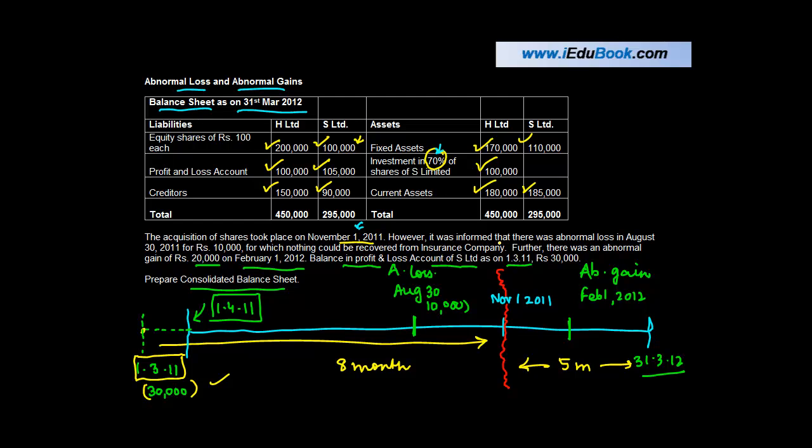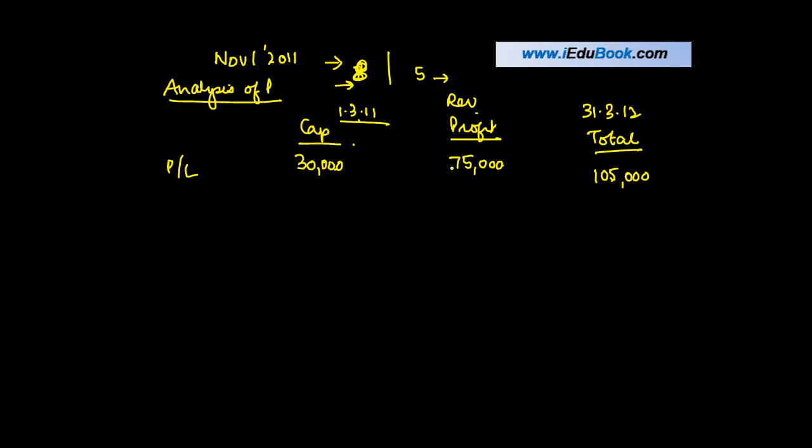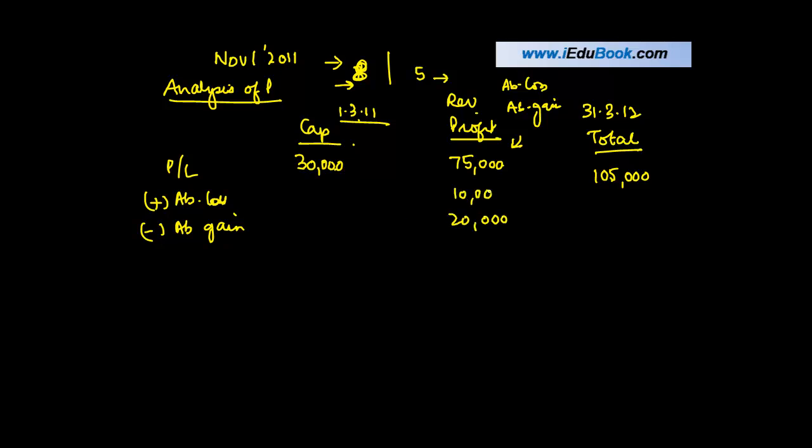What are these? It was informed that there was an abnormal loss on August 30, 2011 for 10,000 and an abnormal gain of 20,000. Now, because these are profits which are after abnormal loss and abnormal gain, we need to adjust those two items and then take them to the relevant profit, right? So we will add the abnormal loss, we will reduce the abnormal gain. This is 20,000, this is 10,000,